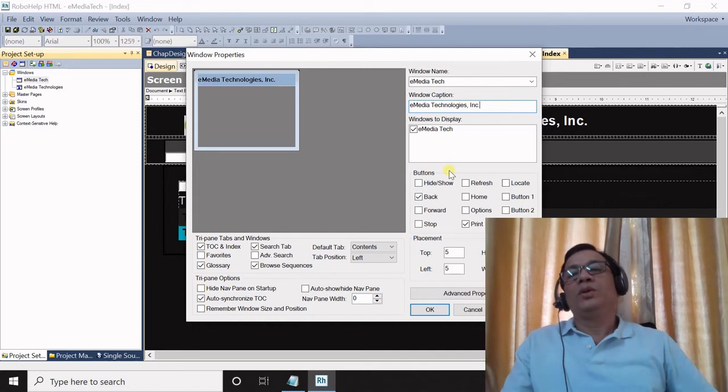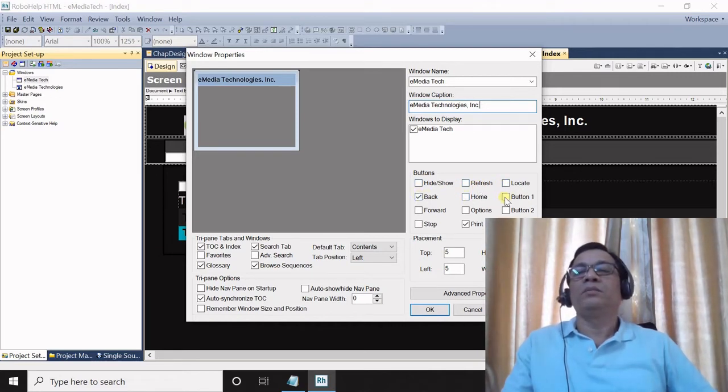Under buttons, you have these many options: hide, show, refresh, locate, back, home, button 1, button 2, then options, forward, stop, and print. In this example, I have selected back and print.